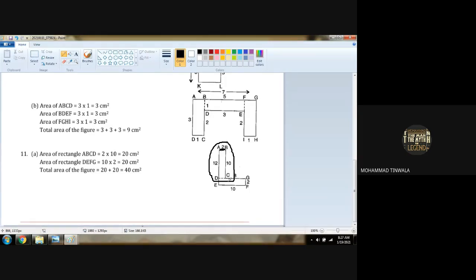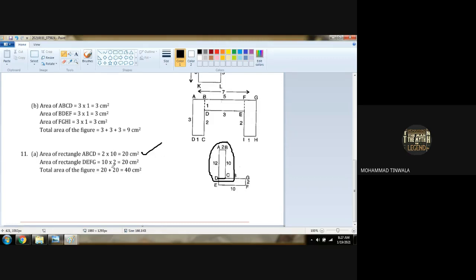BC line is 10 centimeter. Why? Because from A to E is given 12 centimeters, so 12 centimeter we don't have to take into account at the present moment. Are you getting? Because our criteria is up to DC. So DC length is 2 centimeter and breadth is what? From B to C, 10 centimeters. So 2 into 10 will be 20 square centimeter.